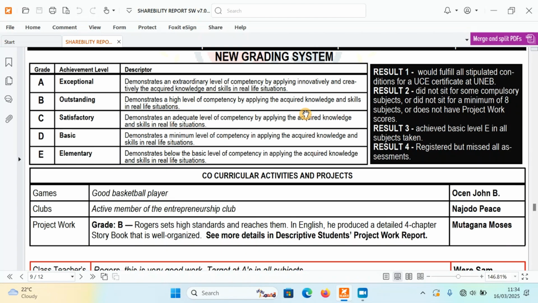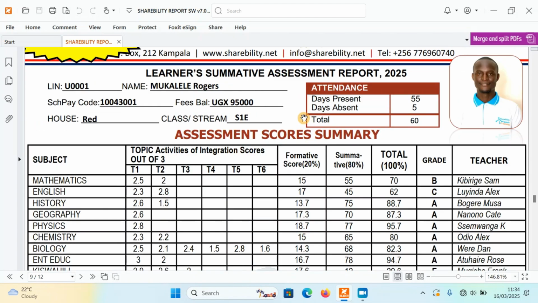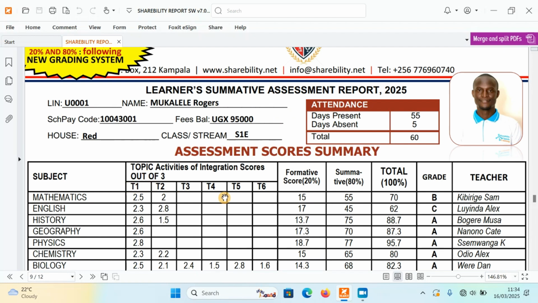So in this report card, you find activities of integration out of 3. Teachers can enter those as per the recommendation, and the system automatically converts to get the out of 20, and also it adds on the out of 80 if the learners have done summative